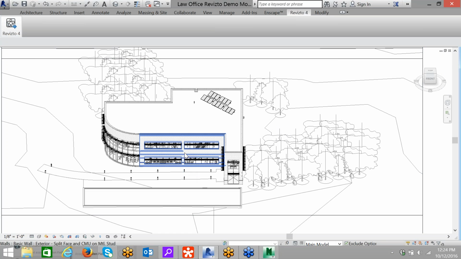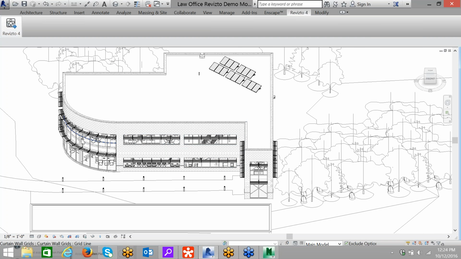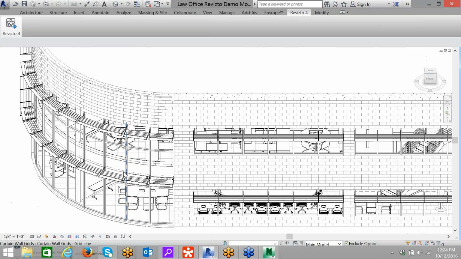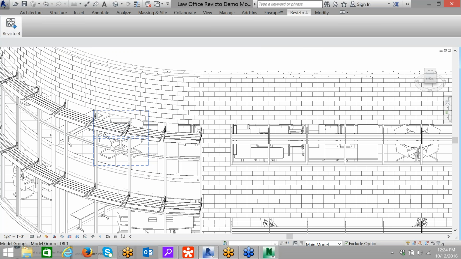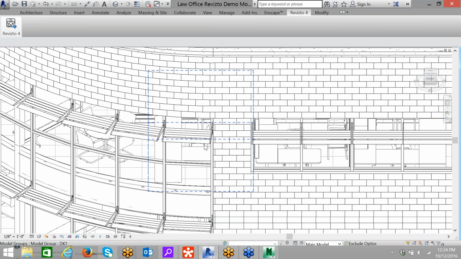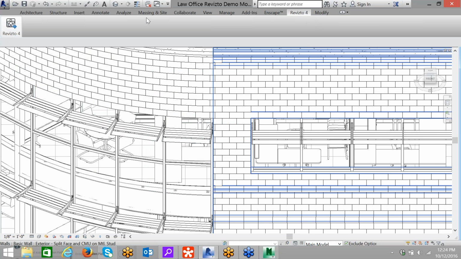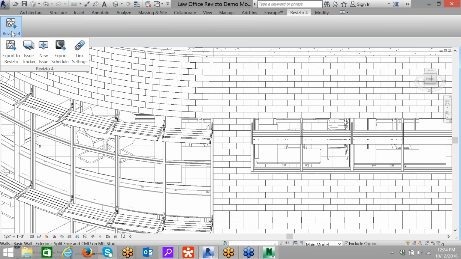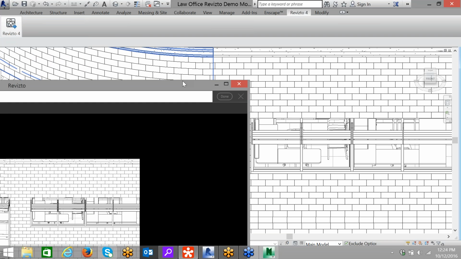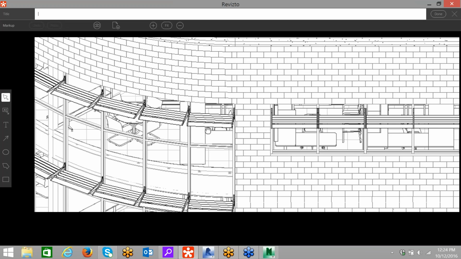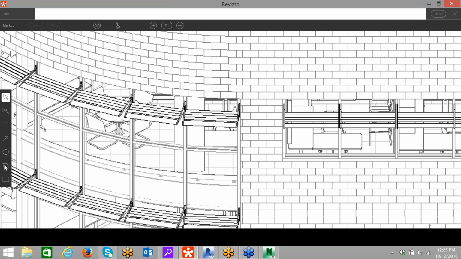So the last thing I'm going to address before we open this up for questions for you guys and give you back time to your day is creating issues in Revit. As most of you guys might know already, any issue that we have within the Revit model, we can simply come into the Revizto plugin just like we did in Navisworks, just like we can in AutoCAD, just like we can in Revizto or on a tablet. We create a new issue. Immediately it takes that screenshot, whether it's 2D or 3D, it doesn't matter. We can zoom into an effective area that we want to fix,